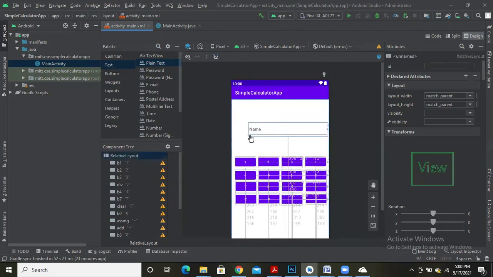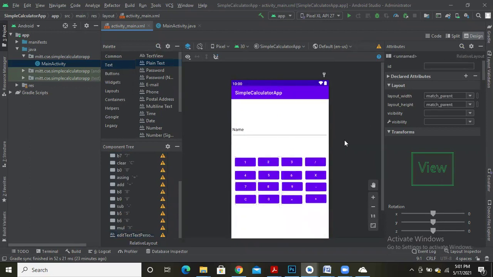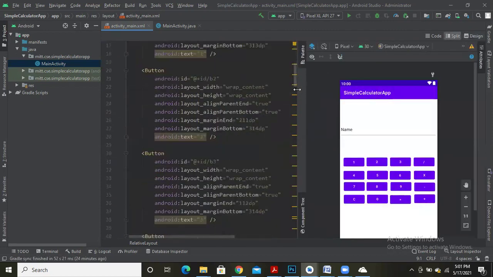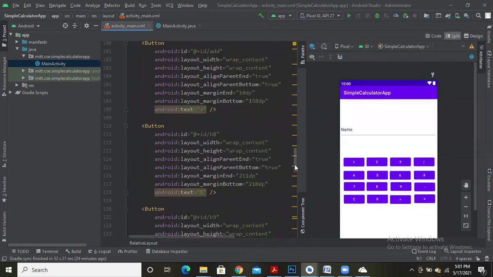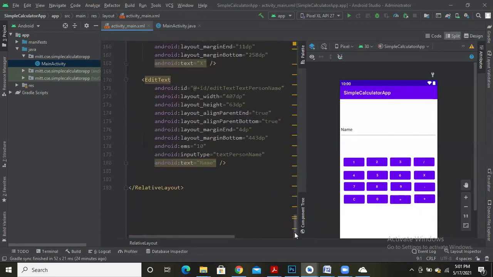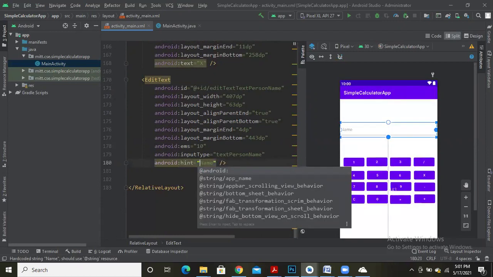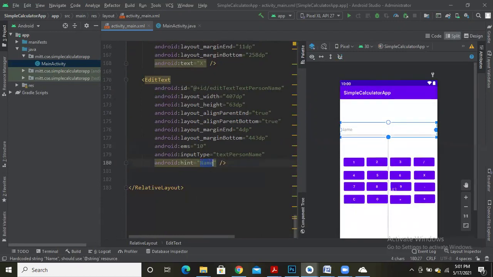Let me increase this width. So I had added one text view. Let me come back to the split mode. The code for this edit text will be present at the bottom. Let me rename this text as hint, and let me change this name to 0.